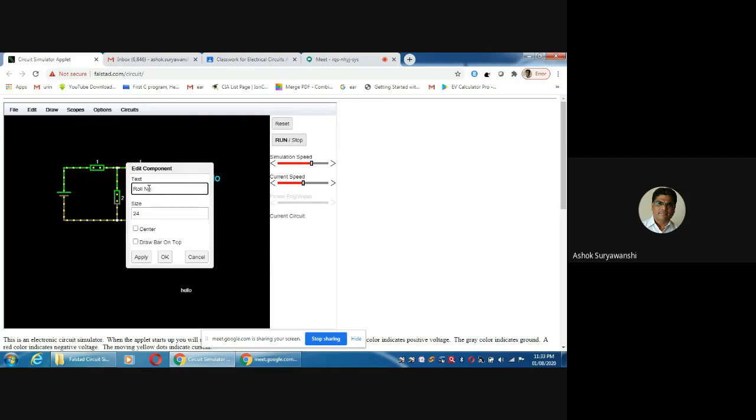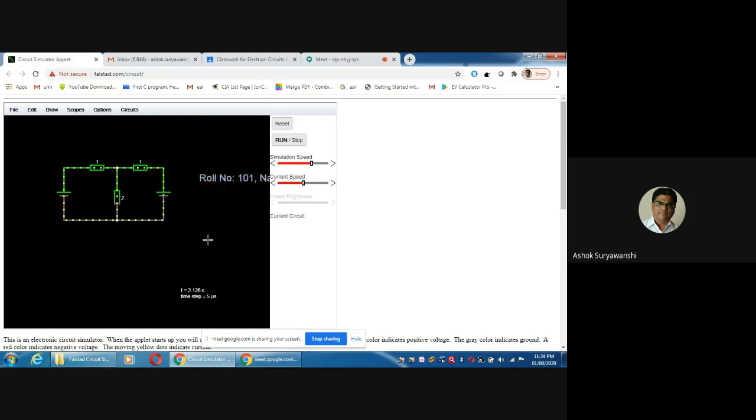Like 101, comma, your name, suppose any name, something like XYZ, whatever. You can select the size, font, center, wherever you want, and then apply OK. So you can see it is there. Now I think hello has to be removed from there.